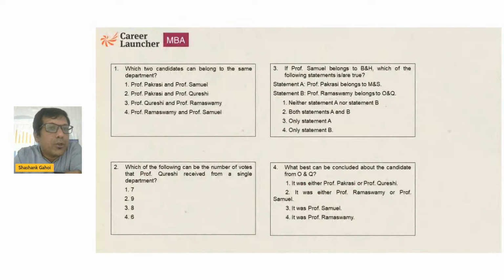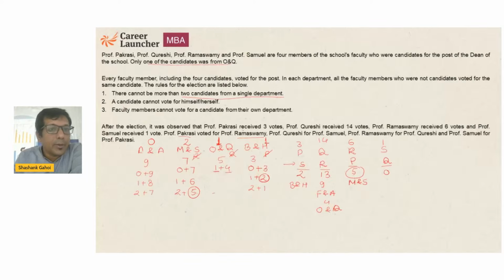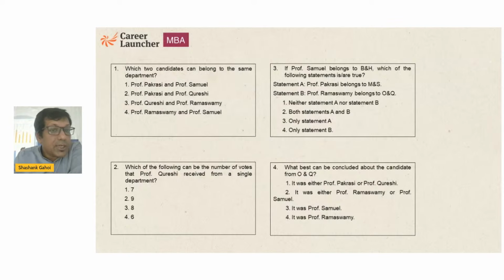saying which of the following 2 candidates belong to same department, ठीक है। तो हमें सेम डिपार्टमेंट वाले लोग निकालने हैं। तो सेम डिपार्टमेंट के जो 2 कैंडिडेट होंगे वो एमएनएस के ही होंगे, राइट। और एमएनएस का आर तो नहीं हो सकता, ये हमने फिगर आउट कर लिया। तो इसका मतलब ये है कि अपना आंसर 3rd भी नहीं हो सकता, अपना आंसर 4th भी नहीं हो सकता। अब पी एंड एस और पी एंड क्यू की बात हो रही है, ठीक है।